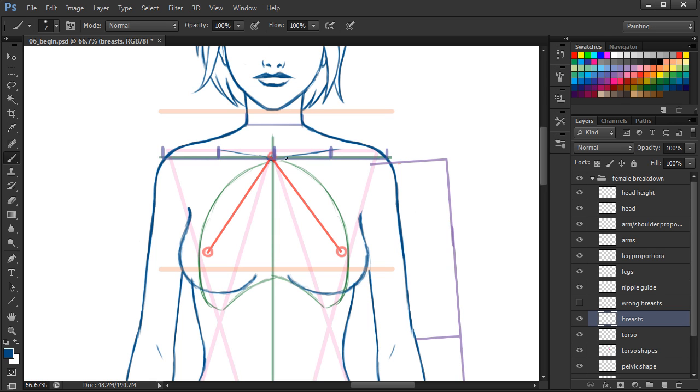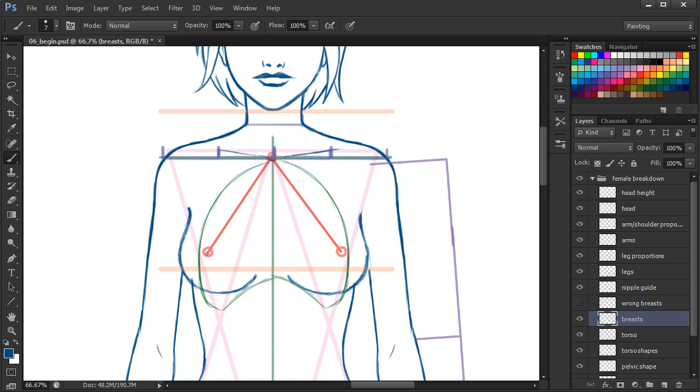So we're coming back to that intersection point right here where the horizontal line of the T crosses with the vertical line. And if we take a couple of lines and come from that intersection point outward at about a 45-degree angle or so,